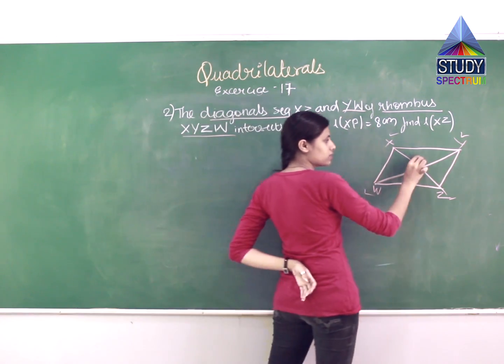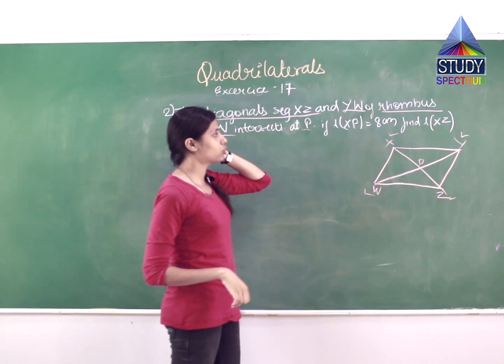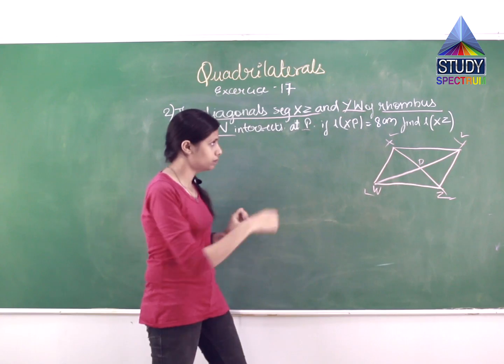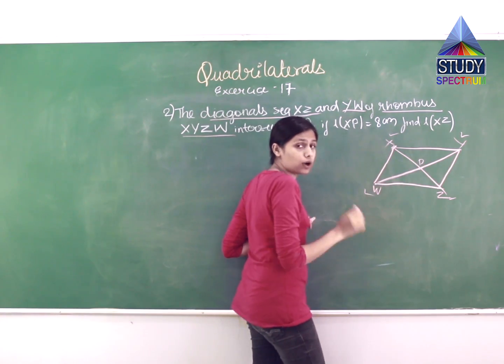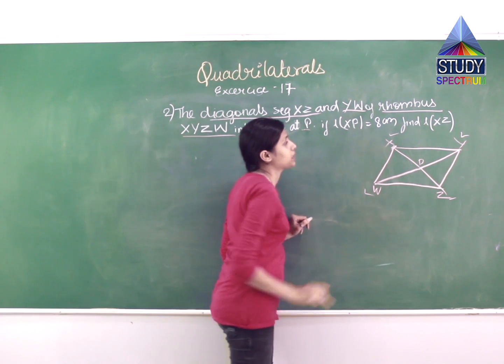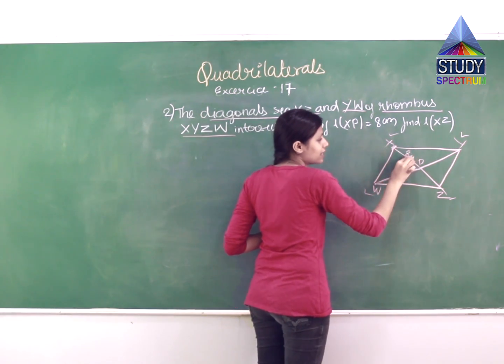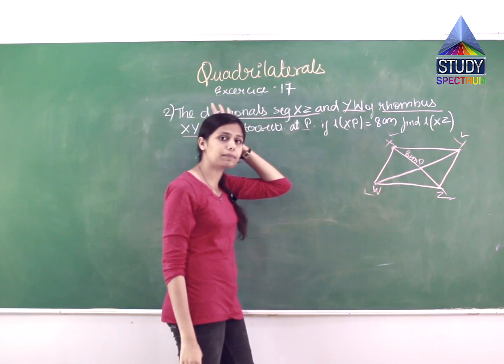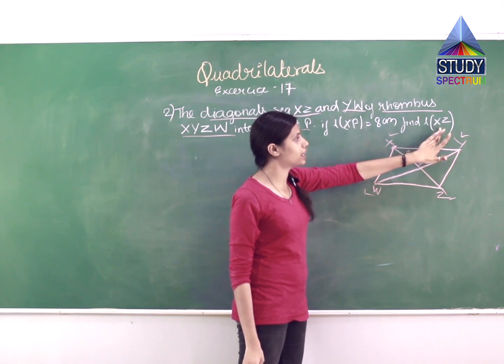So what is the name of this point? This is the point P. If length of XP, where is X? This is X, okay? And this is P. The midpoint of XZ is P. This is of 8 cm. I have represented it in the diagram. It is given in the question. And they are asking you to find the length of XZ.